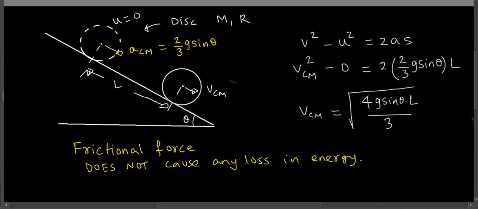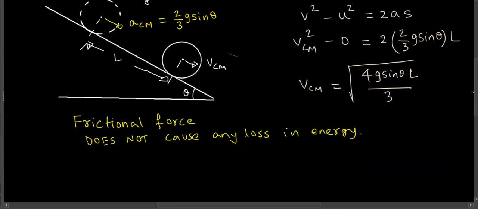But I think since we have a rolling object, the calculation of kinetic energy is slightly involved. Before I go to that calculation of kinetic energy, I'll talk a little more about this idea that frictional force is there, but it is not causing any loss in energy. The reason is, if you think about the points that are touching the surface, the points of contact, they are not slipping. So wherever the friction force is acting, points of contact do not slip.